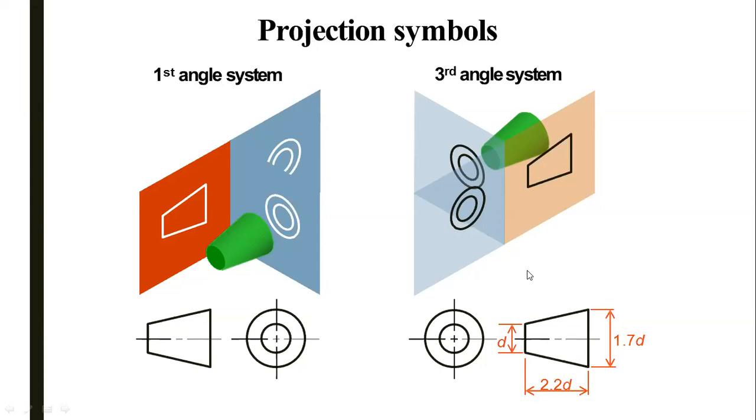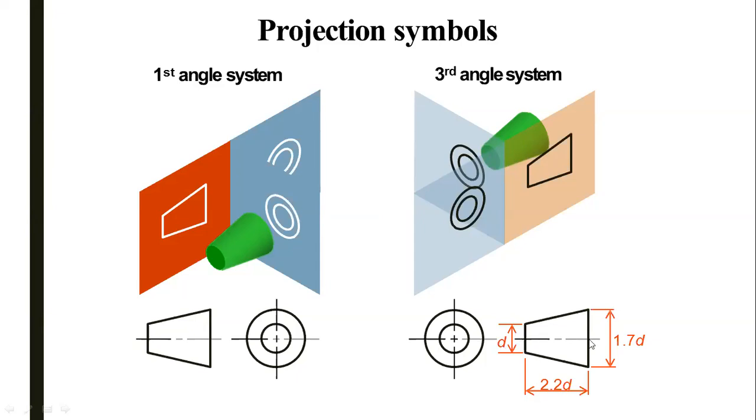Now what happens in third angle projection method? For front view, we have to see from here. The front view is over here. For left hand side view, we have to see it from here. But there is a plane. This plane is in between the observer and the object. So its view is to be plotted over here. And after rotation through 90 degrees, it comes over here. So the left hand side view comes on the left side. It is to be on the left side. This happens in the case of third angle projection method. So this is the symbol for first angle projection method. This is the symbol for third angle projection method.